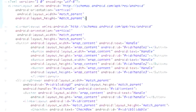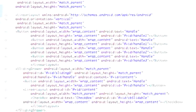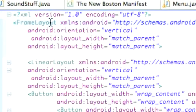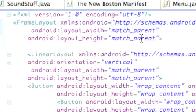and paste a new layout above this layout here. And what we're going to have this layout be is something called a frame layout, like that. And the frame layout, there's no orientation, and basically the frame layout is going to allow us to draw on